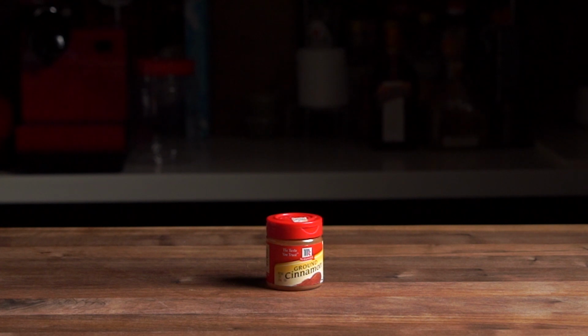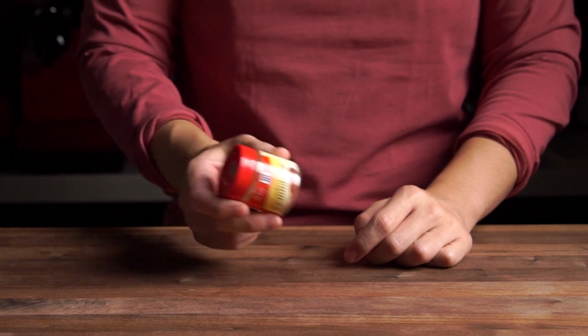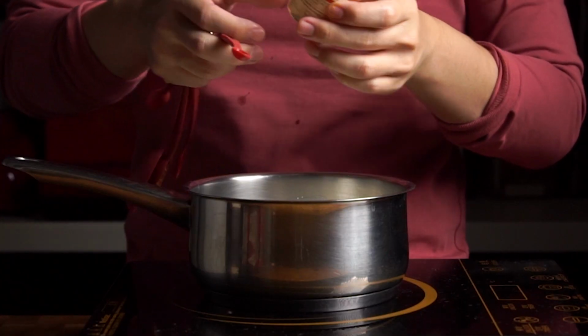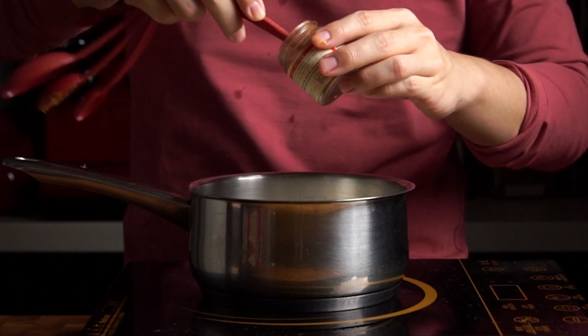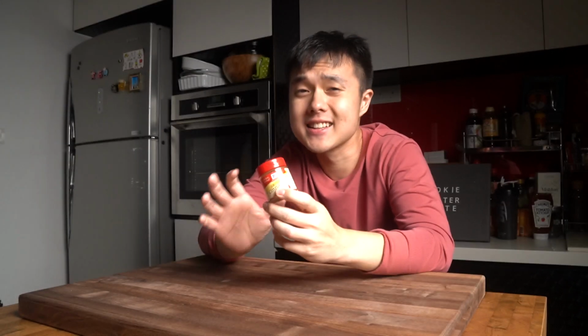Now let's talk spices. I'm only going to use cinnamon powder today, but go ahead and make it your own. Add any spice that you enjoy, such as nutmeg or ginger powder. But remember, with spices, a little goes a long way, so I'm only going to use about 1/4 teaspoon of cinnamon powder. Now I love cinnamon powder, and it gives you a sweet, woody and slightly citrusy aroma. It gives you a sensation of comfort, and I think that is why it's such a key ingredient